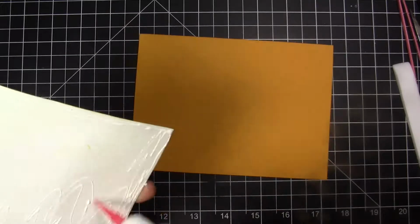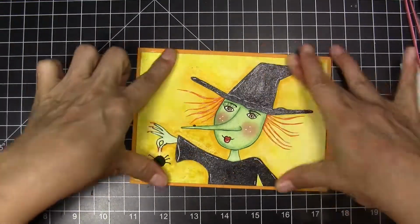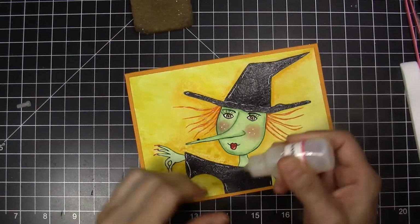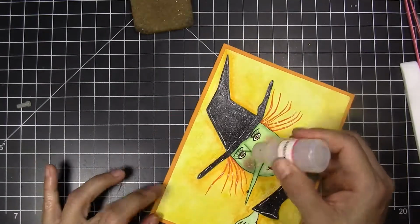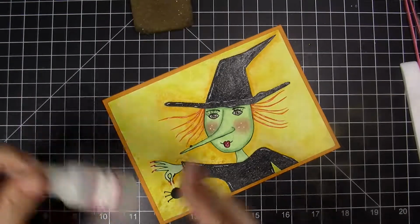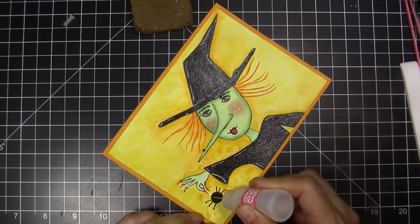Now that I finished adding some details and coloring her, I'm going to glue her to an orangey paper. It's not that orange like Halloween orange. I don't know what color it is, pumpkin. I don't know, but it's kind of an orange color. I'm adding glossy accents in the word, eyes, and in the spider. And while this is drying,